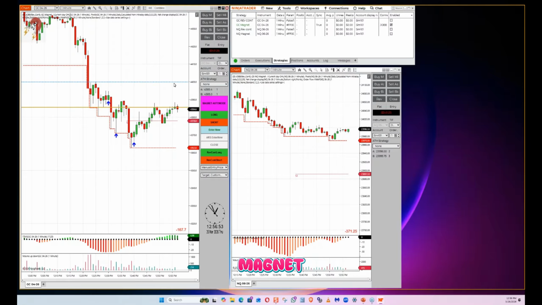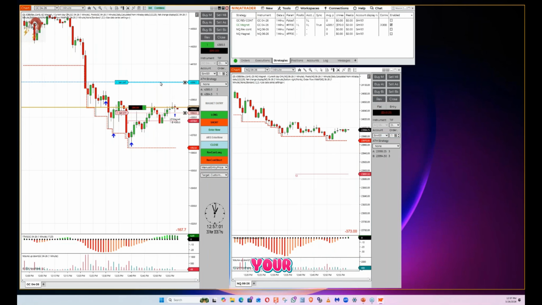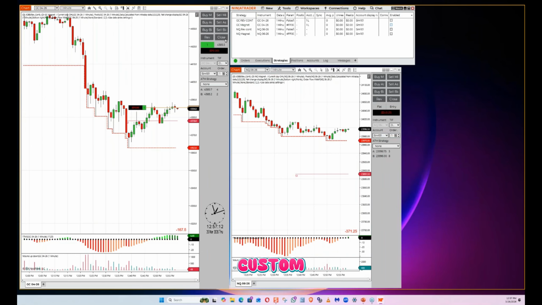Our magnet was actually 4,400. And that's exactly what it does. It puts your target 3 ticks away from 4,400. So custom level is doing it exactly like this. When you use custom level, and this is the way it's supposed to be,